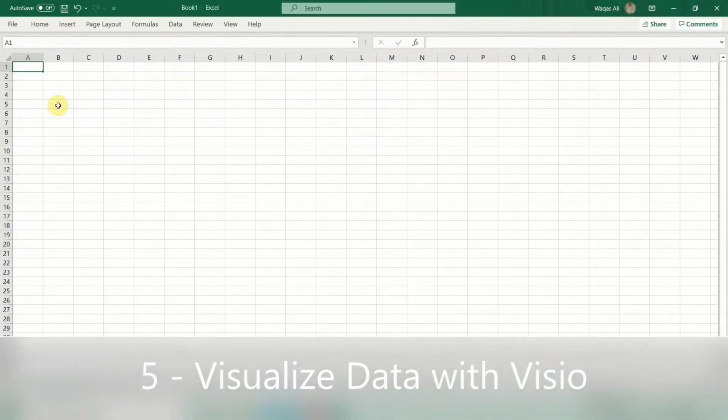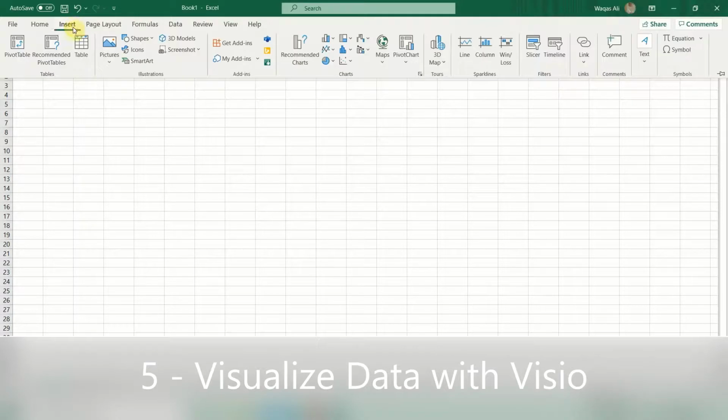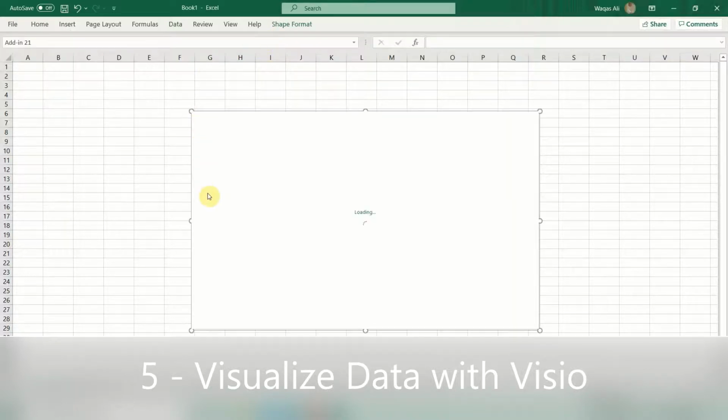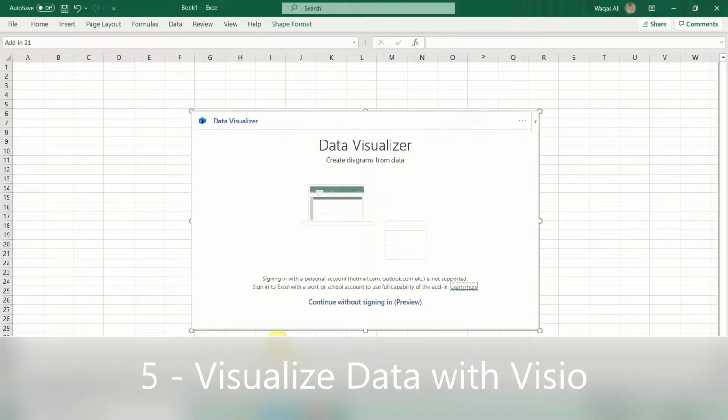So this next one is for the admins particularly, or maybe anyone else also can use it. This is about Visio shapes. So for example, you want to make an organization chart, or you want to make a process of your organization. There's a very nice add-in you can use, and it's called Visio, visualize your data, Visio diagram. Once you click on that, it will show you a little dialog box, and then click here,